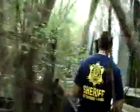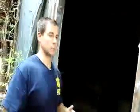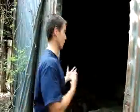This is the barn, and this is the main entrance that we'll be going in. For the most part, the dynamite itself, at this point, is probably 50, 60 years old at least. It's probably been sitting back here for a very long time. Time forgot about it. It sits here, it begins to degrade. As you can see, it says DuPont, high explosives, dangerous. It's degraded to the point